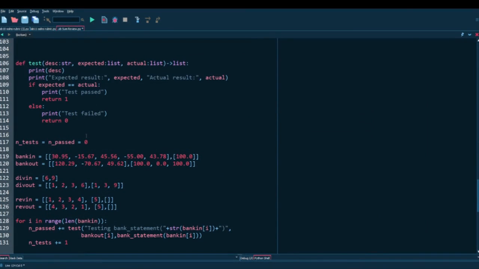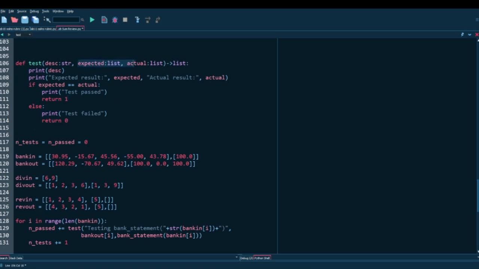Yeah. All right. So this is a test function that you would have seen in the Discord server, also which you would have made in, I believe, lab 7 or 6. I'm not sure which one it was, but basically it takes a string, expected, actual, and then I'm not sure why that's to list, but oh wait, yeah, it's because of the loop testing. But yeah, then yours probably would have been to int or to bool. I mean to int because it returns 1 or 0.